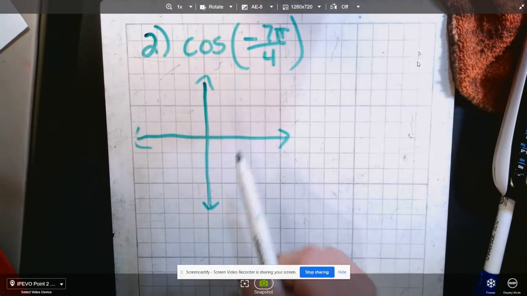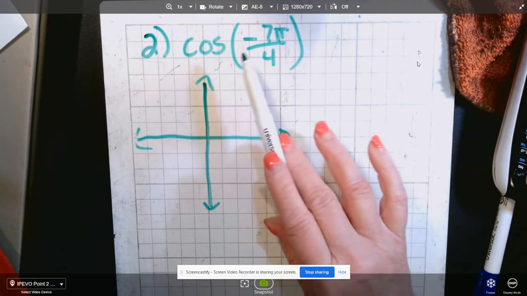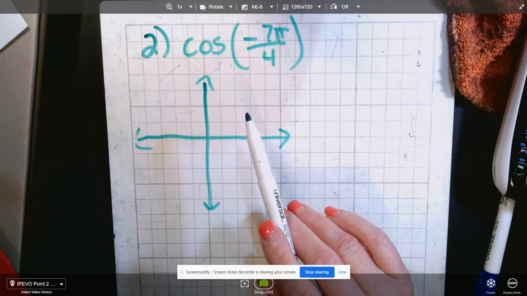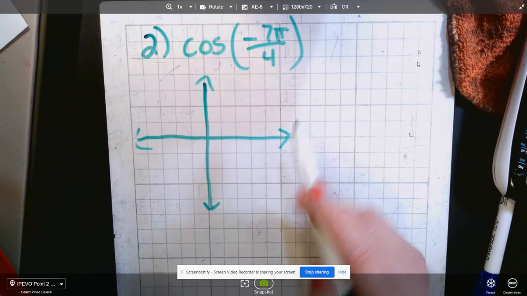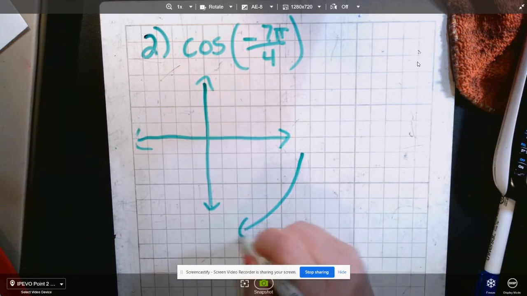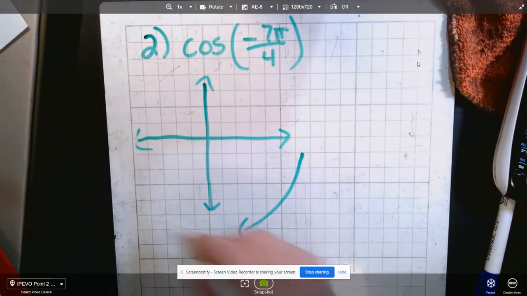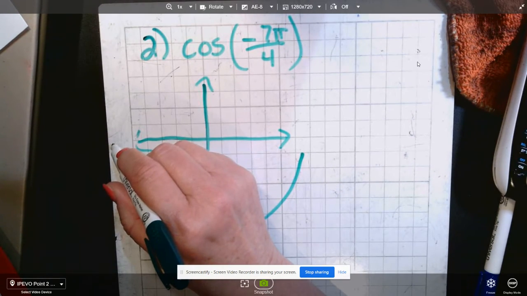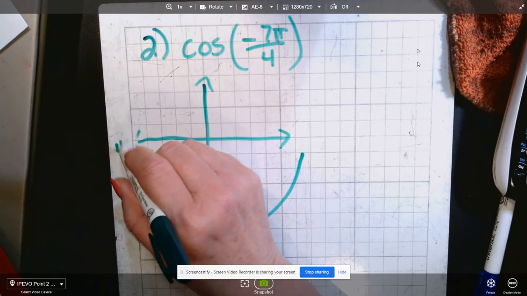Right, so for my next example, I want to do a negative angle. So this is the cosine of negative 7 pi over 4. Now, because this is negative, we're going to think in terms of going this way. So if I go this way, this is going to be still pi, which in terms of fourths would be